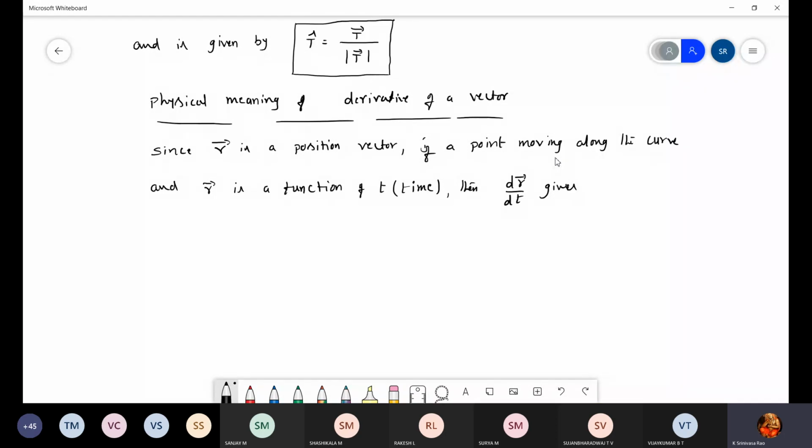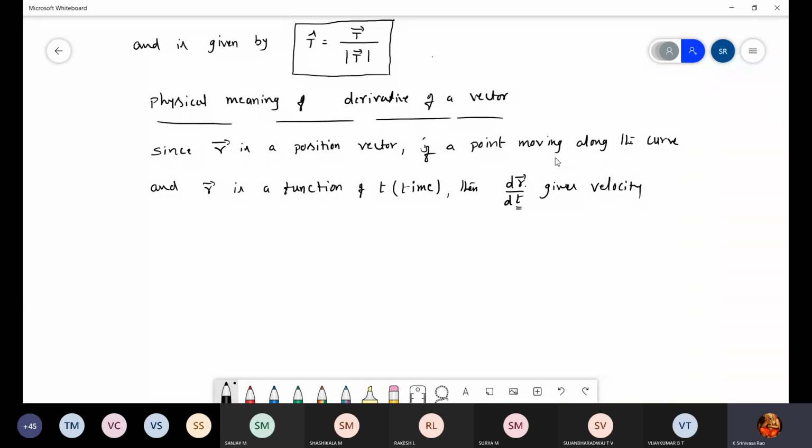So here dr by dt is also the same. R is a position vector, nothing but the position of a particle. Dr by dt means the rate of change of r with respect to t, where t stands for time. With respect to time it gives velocity. Take down: same definition, same mathematical term dr by dt. One we consider as a tangent, that is the geometrical meaning. The same dr by dt we consider as velocity. Depending on the problem, if they ask tangent, you differentiate one time. If they ask velocity, you also differentiate r with respect to t one time. Dr by dt gives velocity.